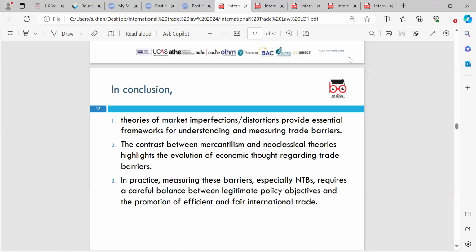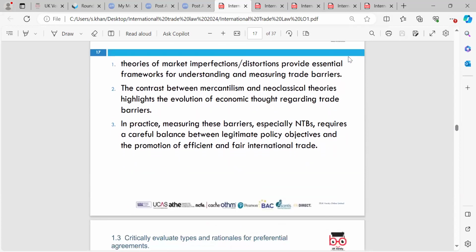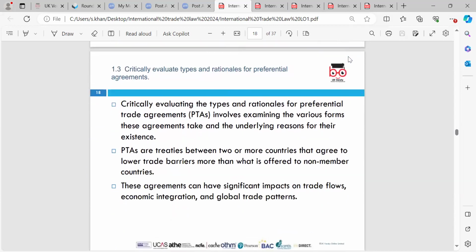In conclusion, we looked at how theories were important in market imperfections and distortions and how they provide an essential framework for understanding and measuring trade barriers, and the relationship between mercantilism and neoclassicalism and how it's quite important in regards to trade barriers. We then went on to 1.3, which looked at critically evaluating types and rationales for preferential